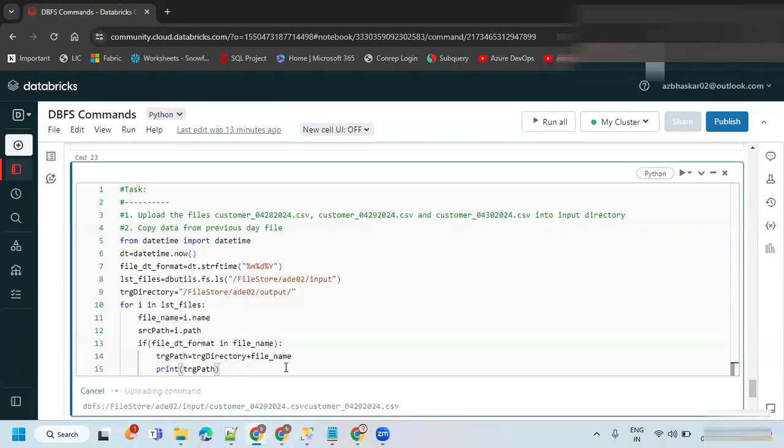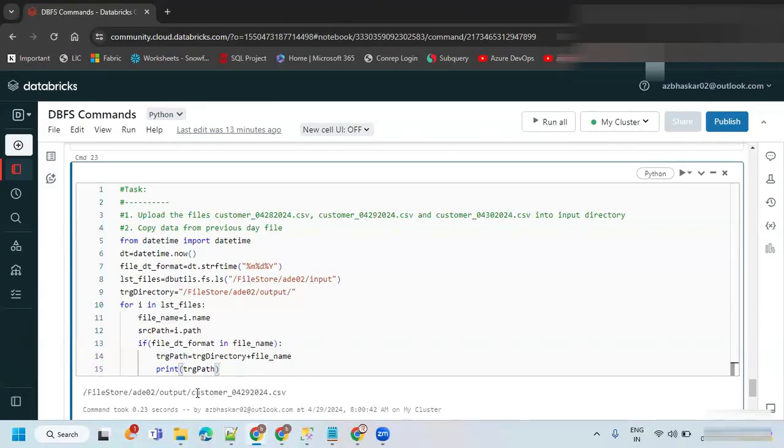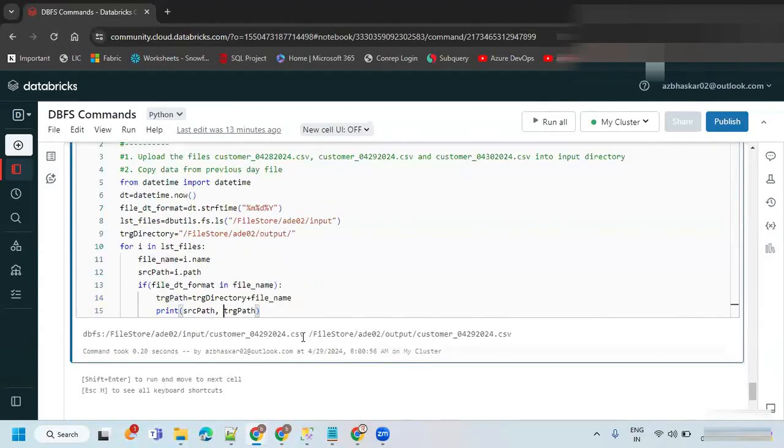Let's execute it. Now you can see this is the target path. Source path we already know. What is the source path? You can see your source path is the input directory and target path is the output directory.